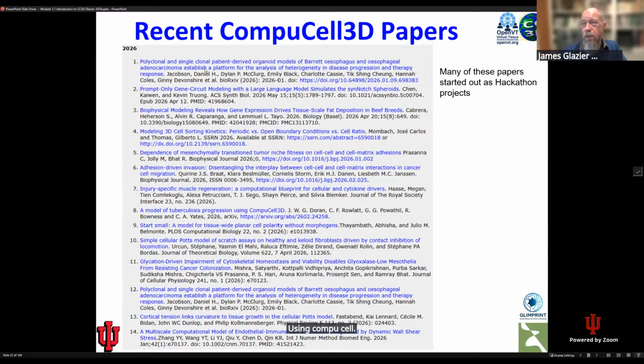You'll see the first one is Barrett's esophagus, so a cancer paper. The second one is large language models used with CompuCell. The third one is fat deposition study. The fourth one is cell sorting kinetics, studying basically the basic biology, basic biophysics of these models. Another cancer paper, muscle regeneration paper, tuberculosis, so infectious disease and immune response,